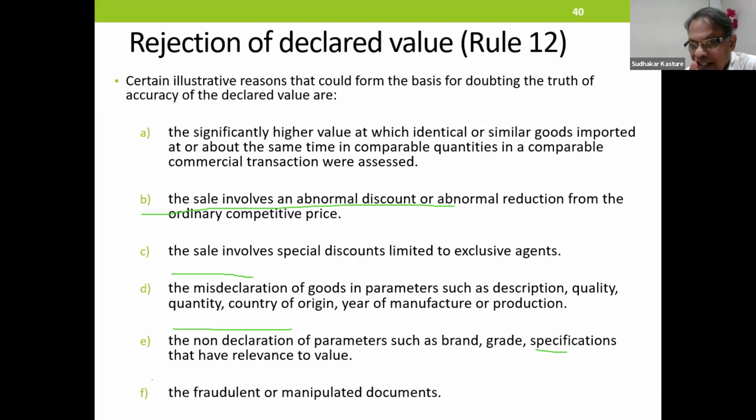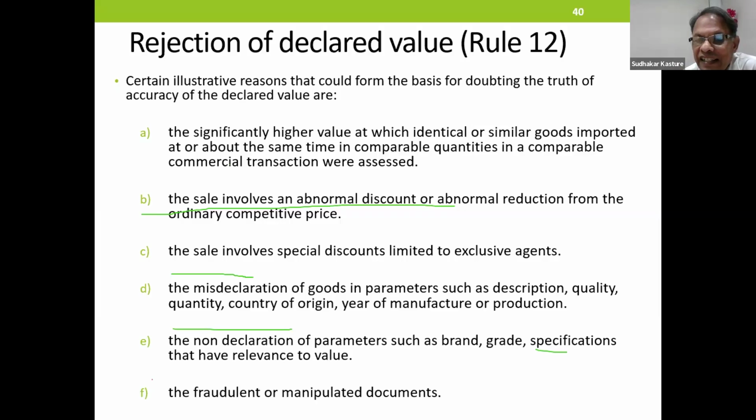So this is the first way you look at it. If somebody has given you credit for 90 days and therefore he charges you $2 extra, no problem. As long as it is declared on the invoice that this is for credit, this is not the cost of the value of the commodity that is imported. This is because of a financial transaction. I'm charging this amount of money. If it is not declared on the invoice, then comparison will take place. So these points have to be understood. Comparable quantities in a comparable commercial transaction.